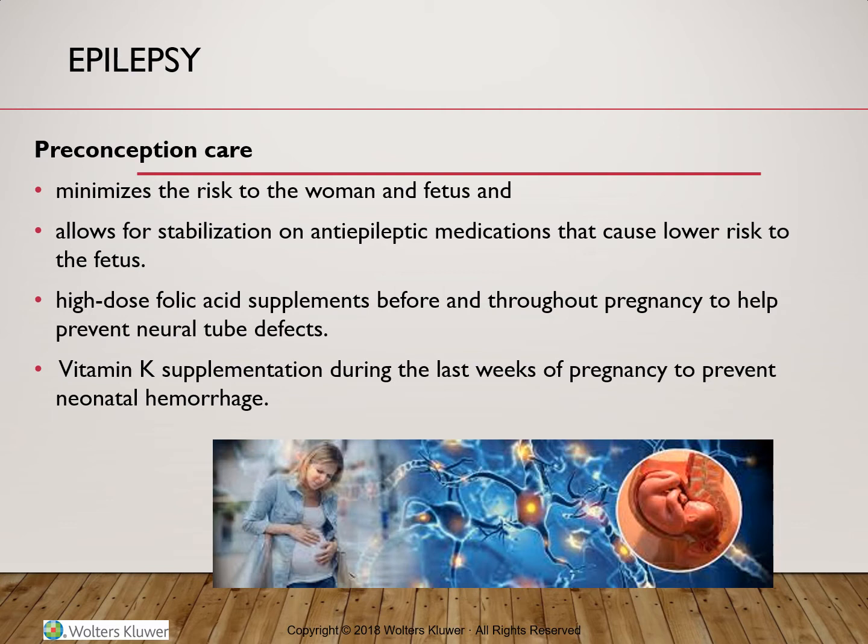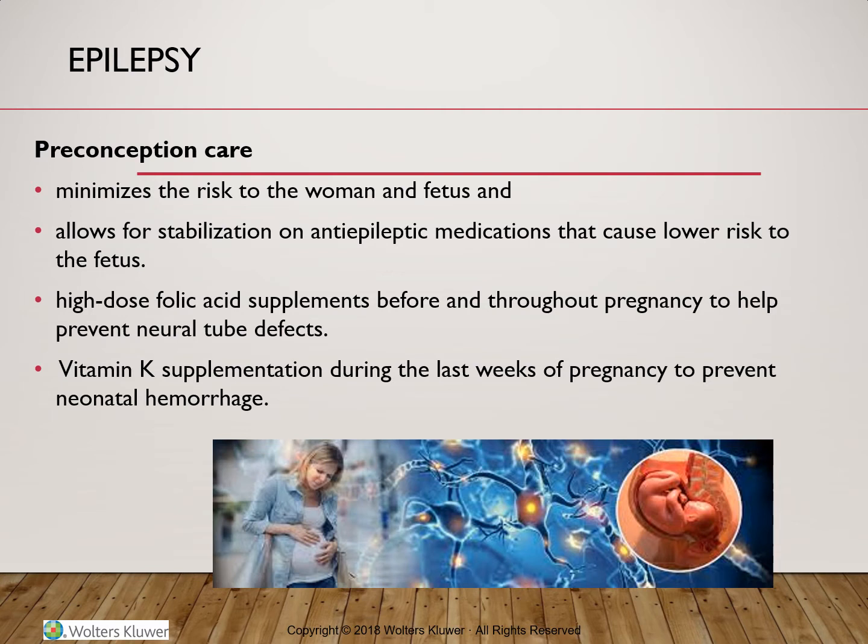Another major risk during the pregnancy from epilepsy may be the blunt trauma that may occur if a seizure episode will happen. And as a result of blunt trauma, a miscarriage can happen, or premature rupture of membranes, or placental abruption. There are some epilepsy medications that can cause fetal defects, as cleft lip or palate, cardiac, and neural tube defects. And that's why women that are on this type of anti-epileptic medication should be on birth control.